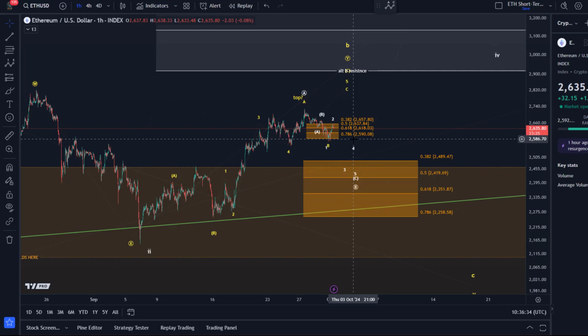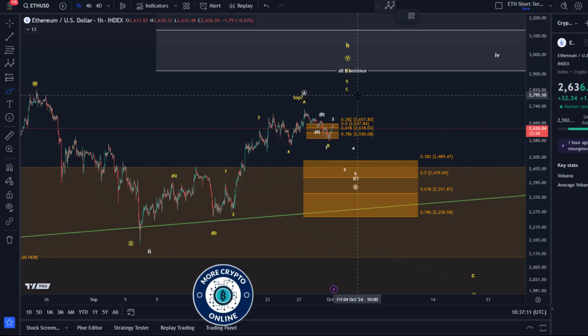And only as long as we're holding 2,590, and you can already see that Ethereum is starting to break below support. The support area isn't really broken, but Ethereum is trying to break it, which definitely indicates we could be in the white wave count. So it's about dynamically observing those microstructures to understand what is more likely, whether it's the yellow count or the white count. The white count obviously sends us down lower. In the yellow count, we could get one more high, which is the short-term bullish scenario, before, however, a more substantial top forms.